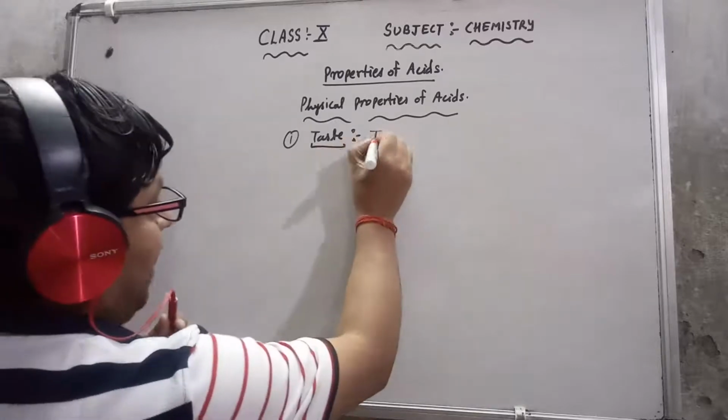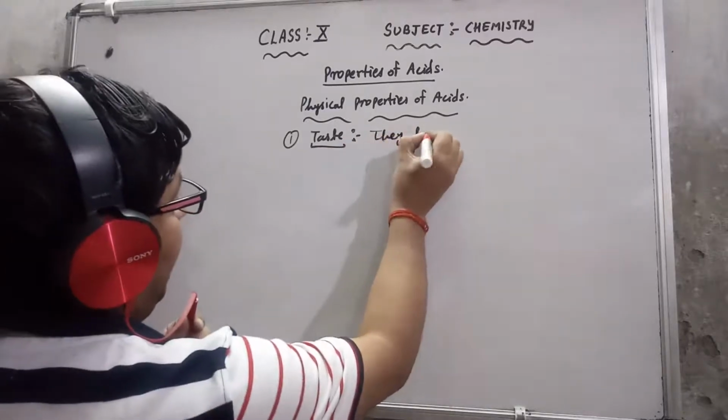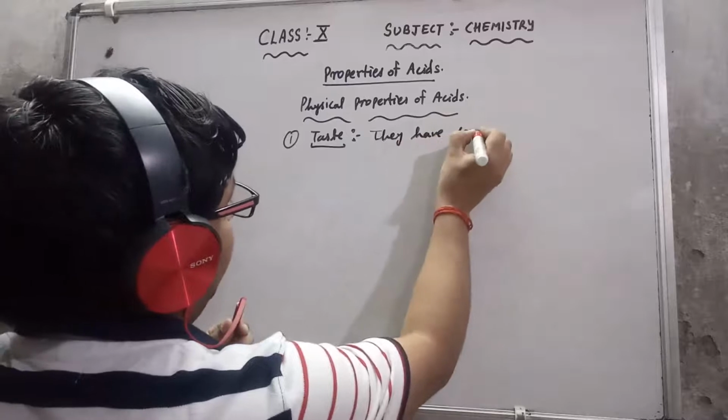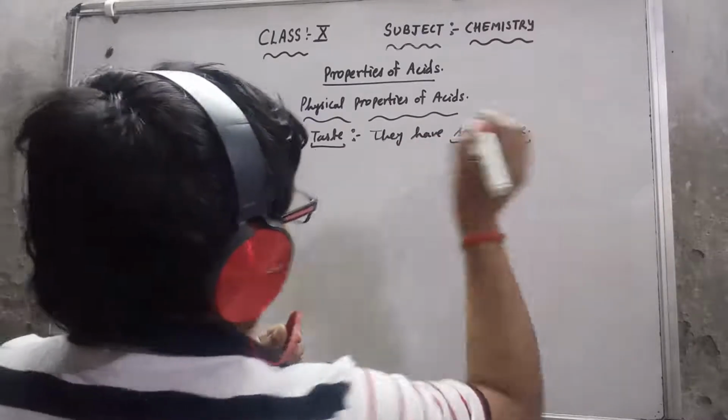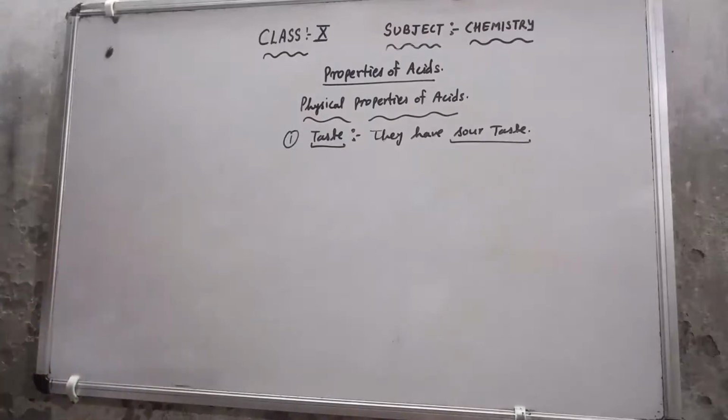That means they have a sour taste. Whatever acid you see, if you taste it, it is sour in taste. This is the first physical property. The second physical property that I will discuss,